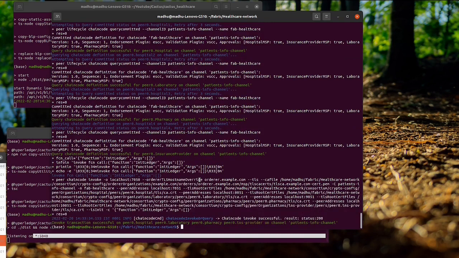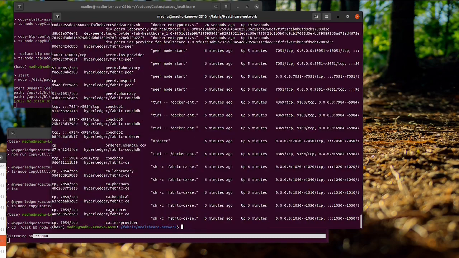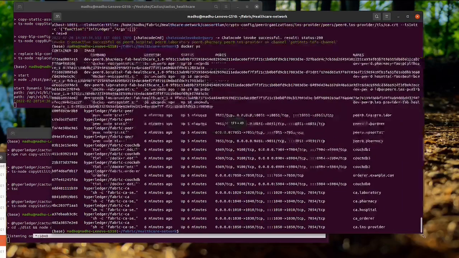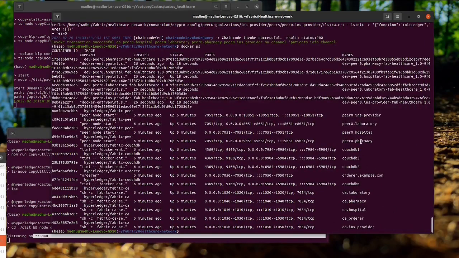Okay, now our blockchain is up and running. These are all the dockers corresponding to each peer, CouchDB, certificate authority, and the chain codes. Let me open a CouchDB database also to see the records.